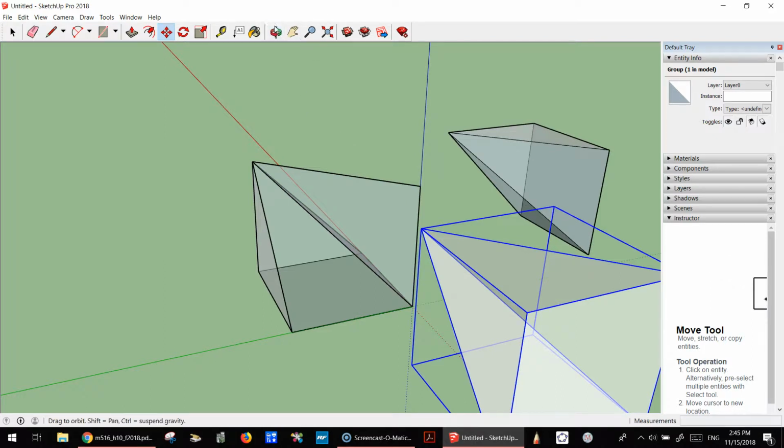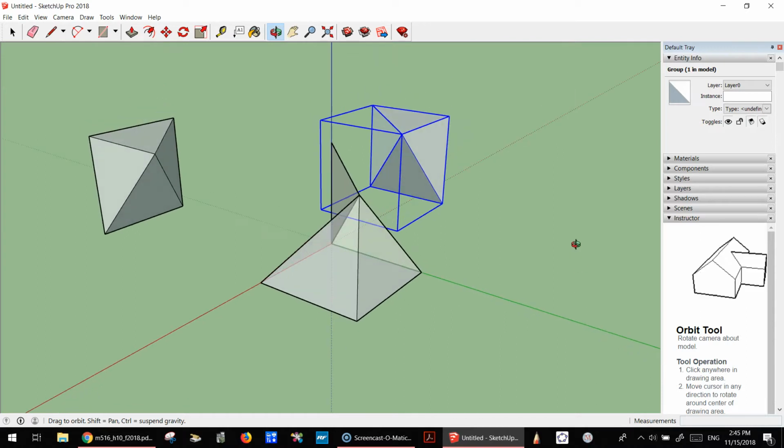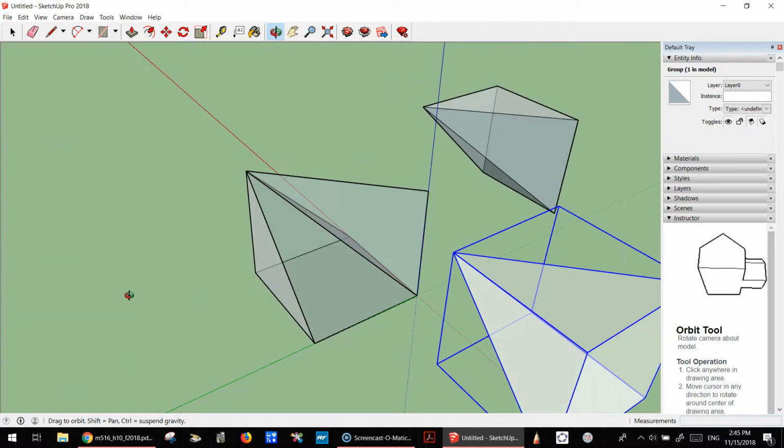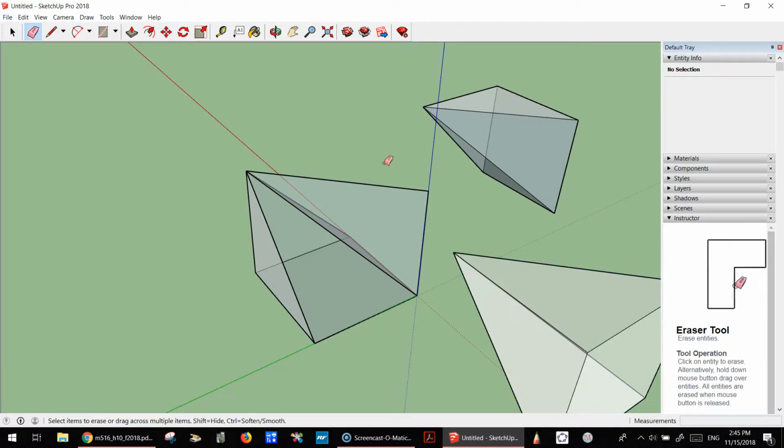Then let's see, we have... Oh, actually, I missed the one of the face there. So let's see, is it in there? All right. So what I'm going to do is use the eraser to get rid of this and get rid of that. All right. So we have